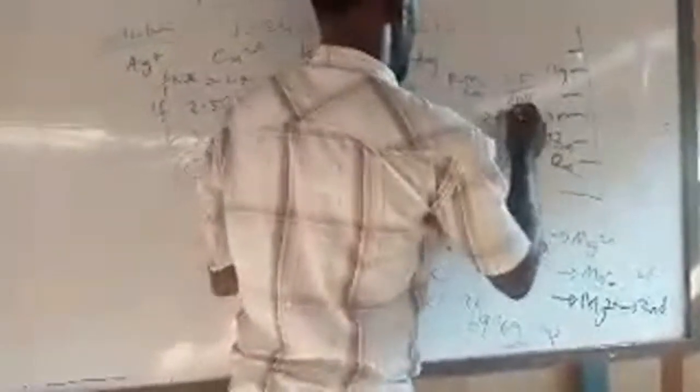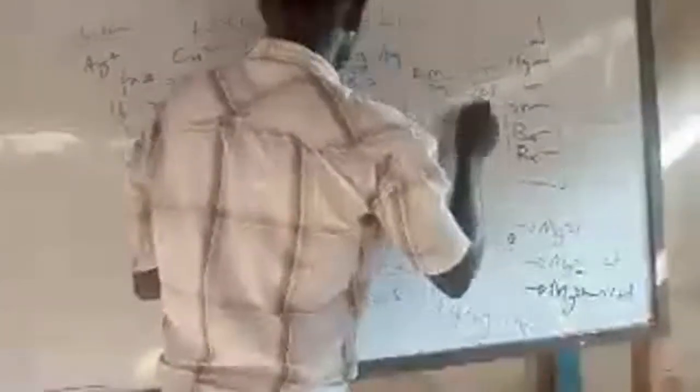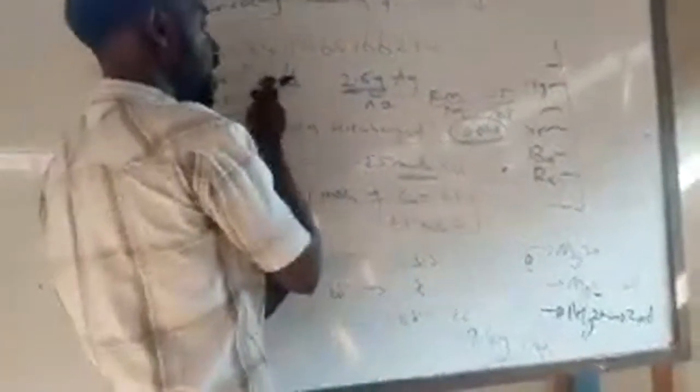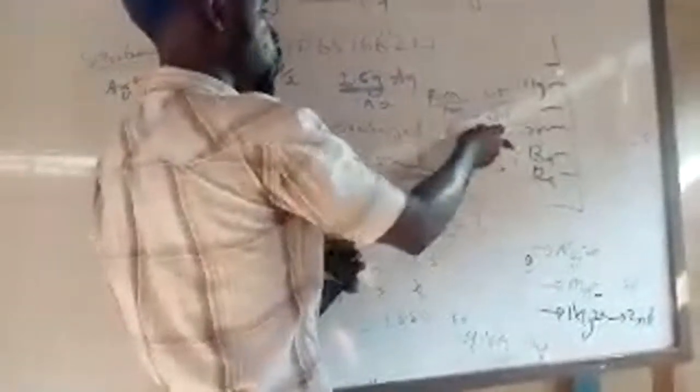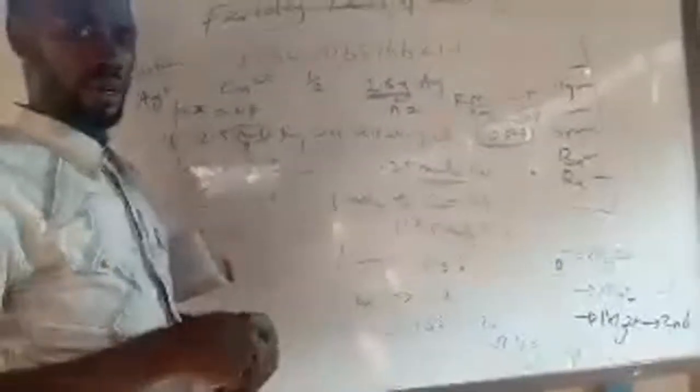Okay. If there is no question, that means God is working. Remember, I can't see myself, I just reflect how my class moves. So reacting mass here is 2.5. Molar mass of silver is 108. From the calculator, you have 0.023. Correct. It is this that we will now use and go and find 1/2 of it. You now divide this by 2. Whatever it gave you, you now convert it back to the mass of copper for you to get the real answer. That is it for Faraday's law of electrolysis.